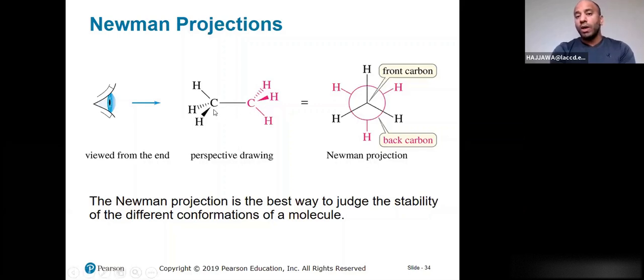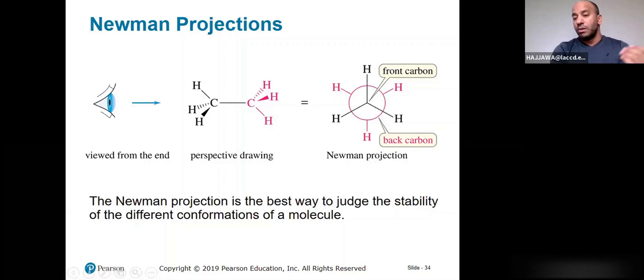And the way we put this bond in the Newman projection is by putting a circle and a dot in the middle. This dot in the middle represents the carbon, one of the two, it doesn't matter which one you put in the front. And the second carbon would be behind it, something that you wouldn't be able to see. But you would assume that the circle is going to have the bonds of the